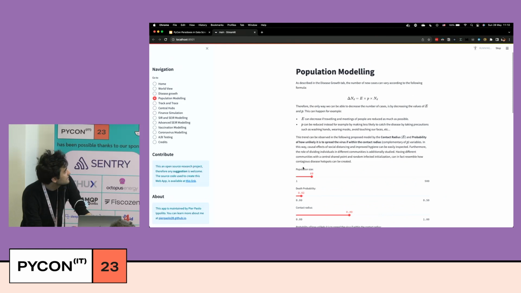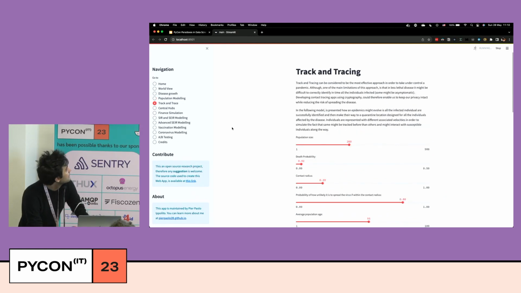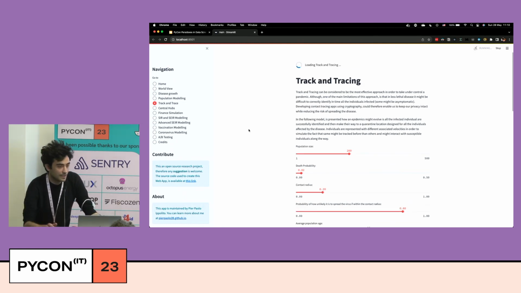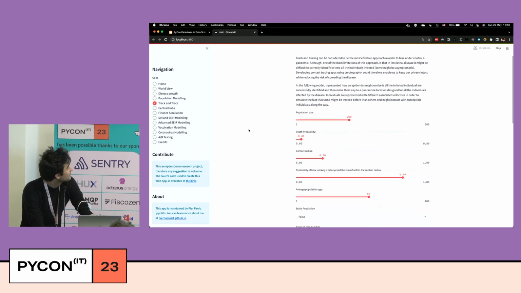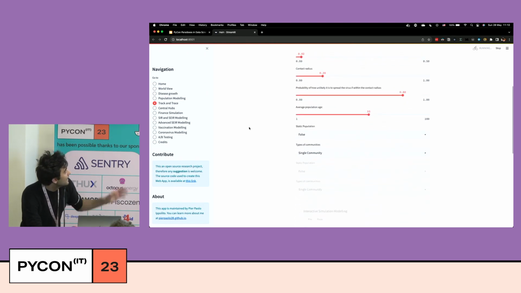And starting from this, then you can also try to test policies. For example, you can see, okay, what if now we decided that when someone gets infected, needs to immediately run to a specific location and isolate and try to not get in touch with anyone else. And in this sort of scenario, you can see that basically we can do, for example, track and tracing, and you can specify this sort of also community parameters. So for example, if the